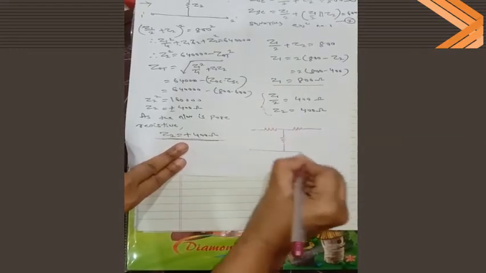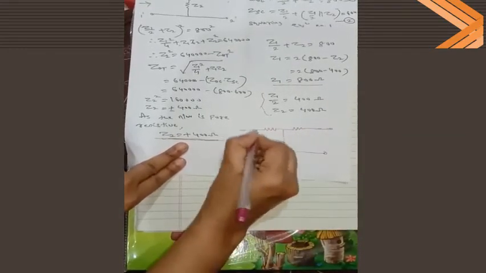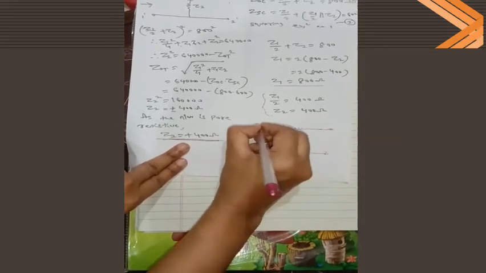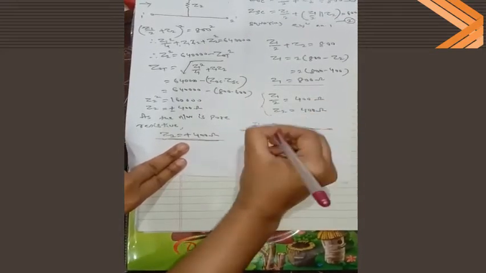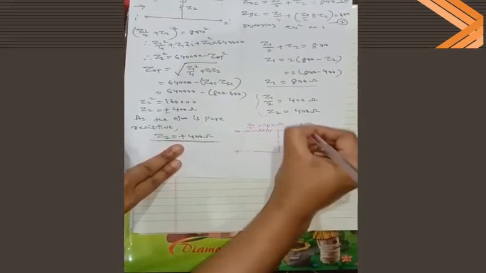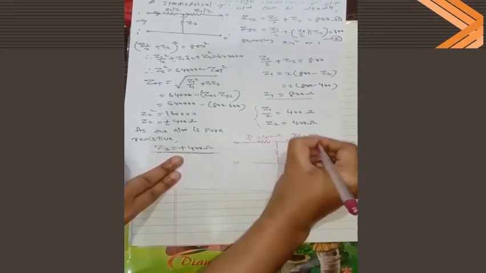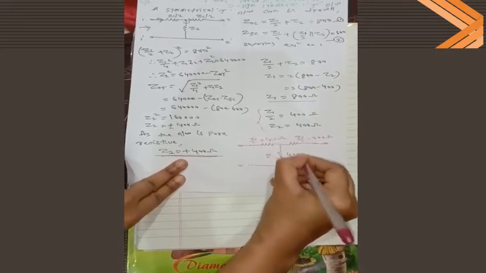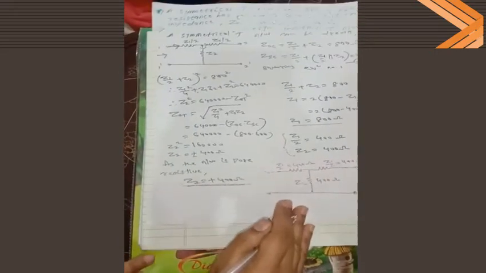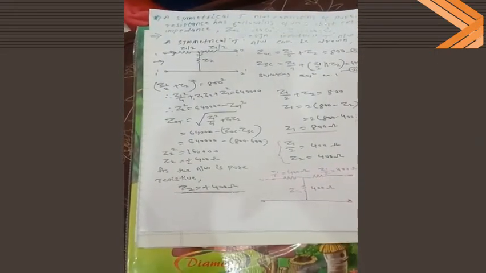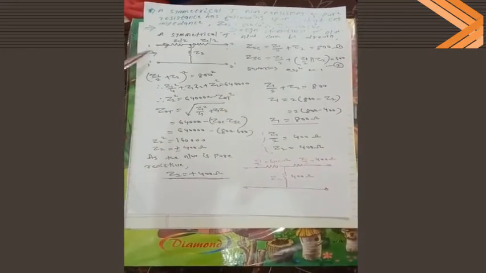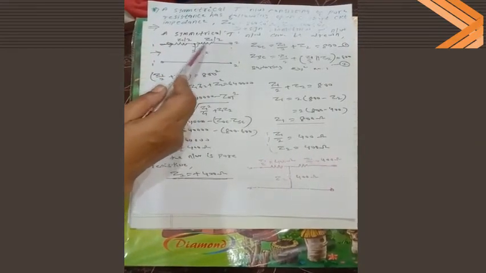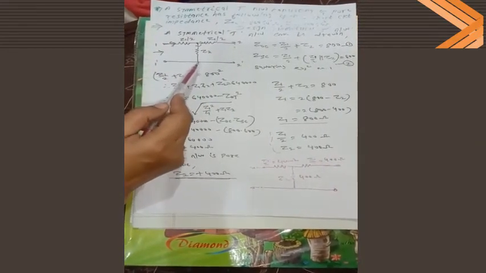Now we need to substitute the value. So how can I substitute the value? Here my Z1 by 2. So what is my Z1 by 2? That is nothing but the 400 ohm. Similarly Z1 by 2 is equal to 400 ohm. Now here is Z2, that is nothing but again 400. So in this way we can simplify the numerical, which is on the basis of a symmetrical T network. So first we need to design the symmetrical T network. These two, Z1 by 2 and Z1 by 2, are the series arms, whereas Z2 is a shunt arm.